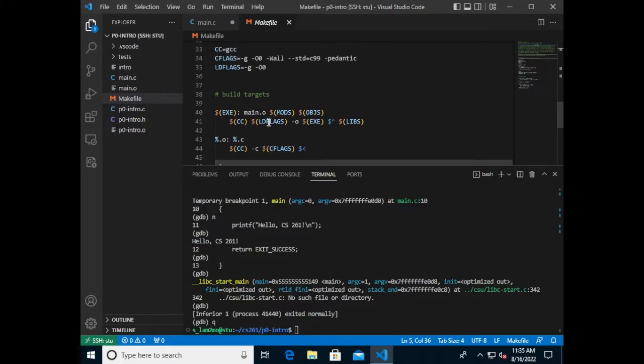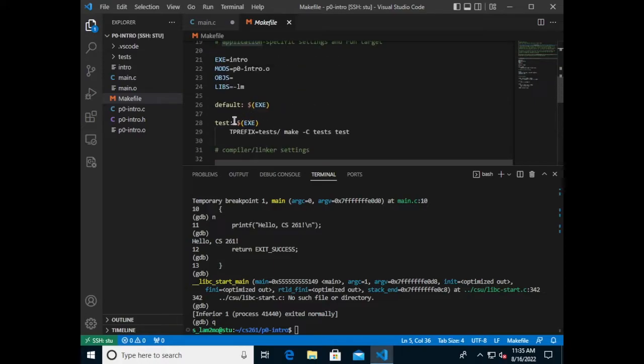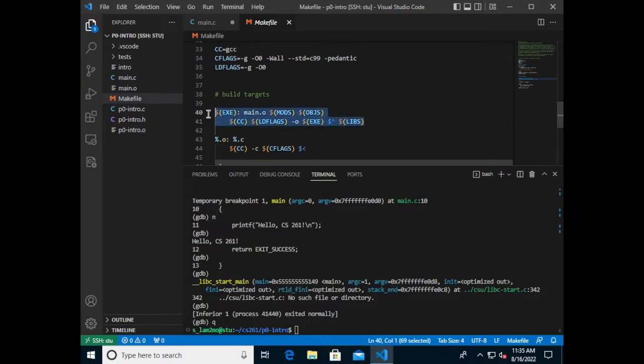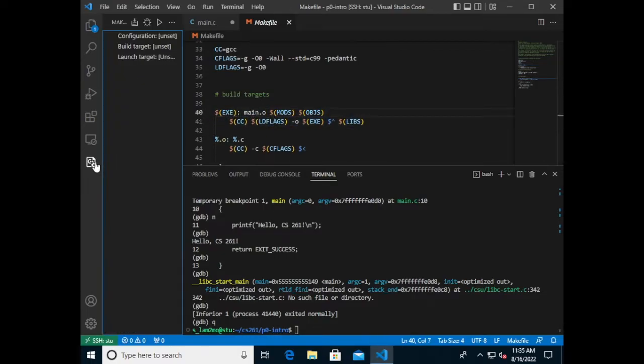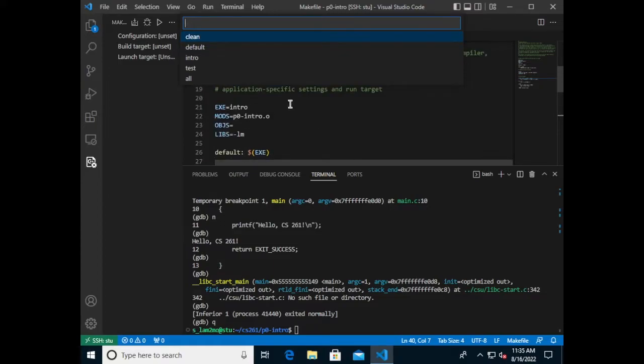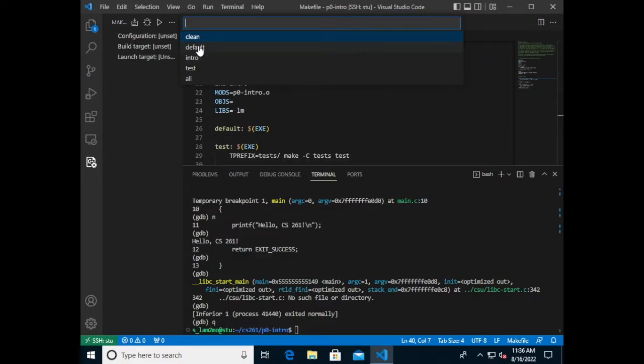And this one is a little bit more complicated than the one that you used in the Makefile lab, but the general idea is that default specifies that we're going to build this executable, and then later on we show how to build that executable by invoking the C compiler. So let's go ahead and tell Visual Studio Code that the main build target is going to be that default target up here. And that's the first one that's listed in the file. These are just some variables. And so that's what's built by default when we type in make.